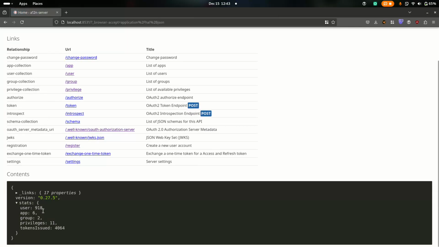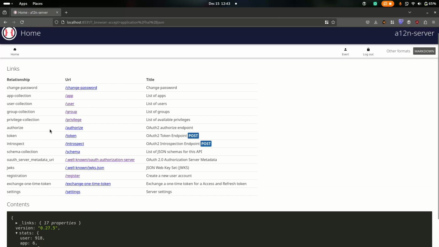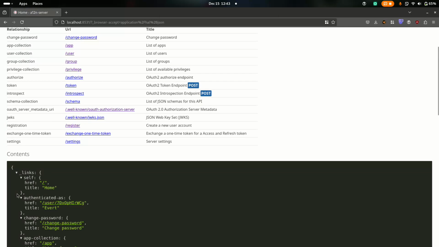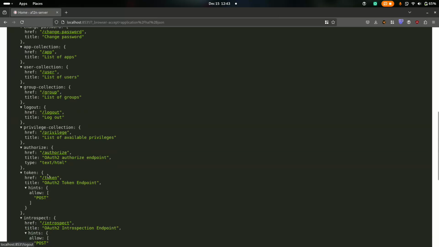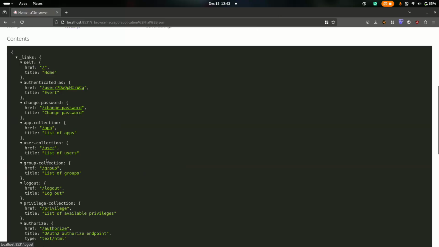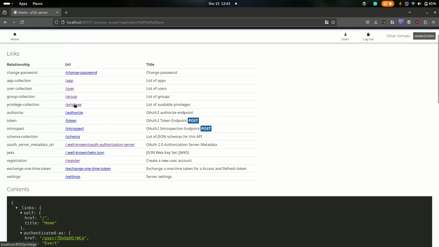So here's the actual JSON in the bottom. You can see all the link relationships. They are pulled out of here and shown here. These are all the root endpoints. In the bottom, you can see this is the actual JSON you would get, and also the HAL link. This is the exact same information again. This is not a super interesting endpoint because it's just a home and it's just for discovering all the other